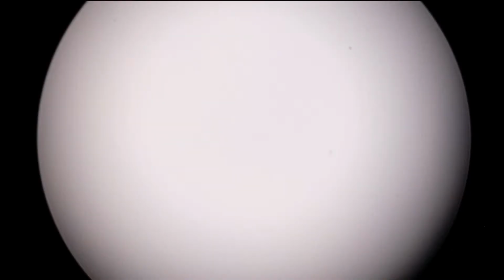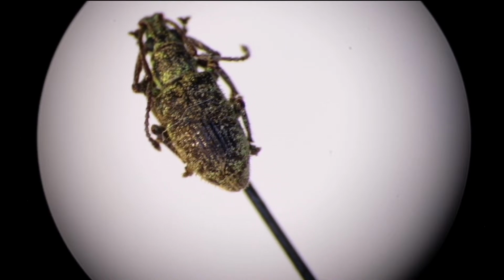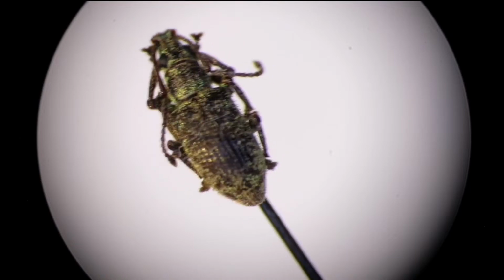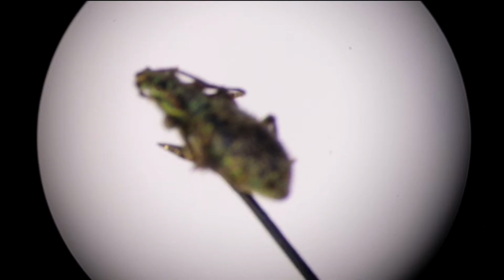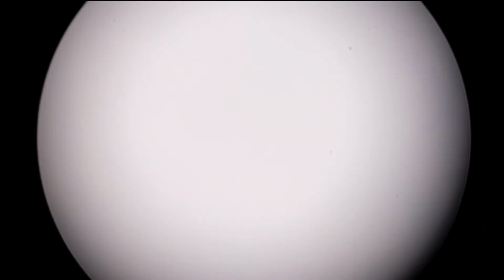The bug looks like a skull. The bug that I just... I want somebody to explain this to me. Nope. Am I looking at the right part? I don't know. I guess after the live stream, I'll photograph this and see what part of it looks like a skull. But